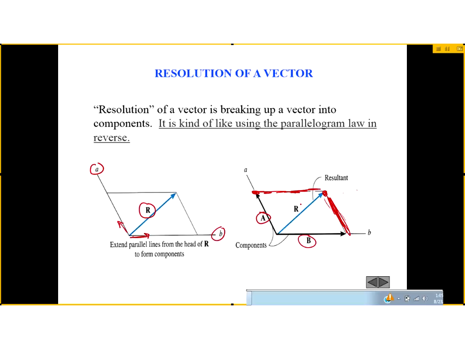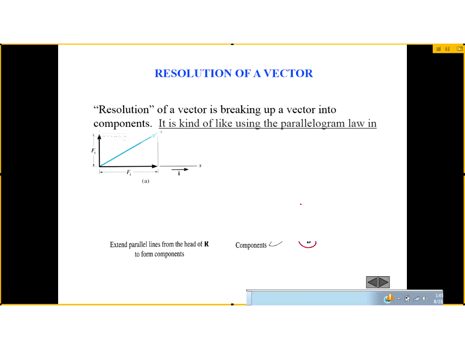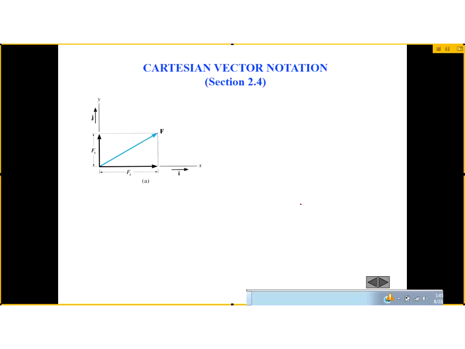Okay, and so that's the point that leads us to the Cartesian representation, because we have this nice, nifty Cartesian system with perfectly orthogonal axes, which makes it really convenient for a lot of our representation of geometrical things. So let's use that and represent our vectors in terms of Cartesian components that align along the x and the y axis, right? So you can take this force vector F and represent it in terms of an Fx, which is going along the x direction, which is indicated by this unit vector i. And then you have an Fy, which is going along the y direction, which is indicated by this unit direction